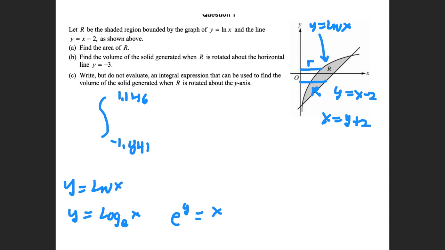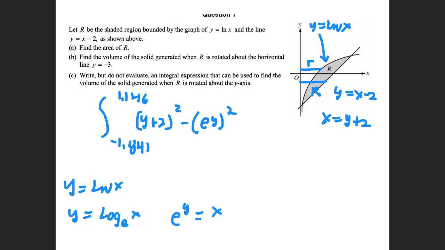Large R is going to be y plus 2 squared minus small r, which we said was e to the y squared. And it says write but do not evaluate to find if we rotate it around the y-axis. Does that make sense? That when we're rotating around the y-axis,